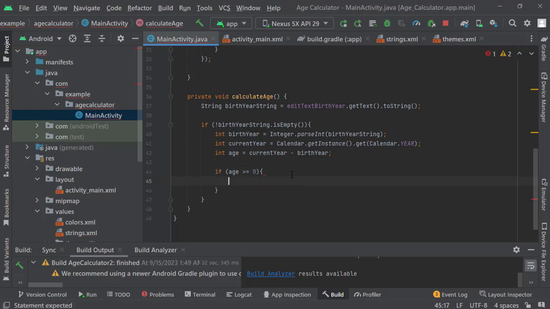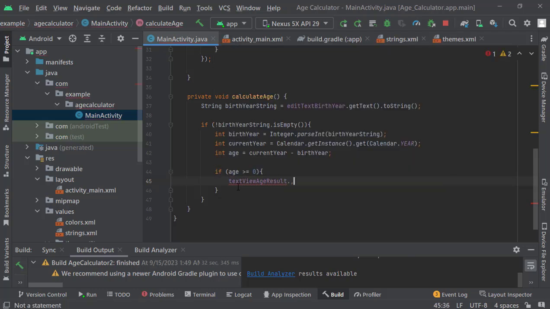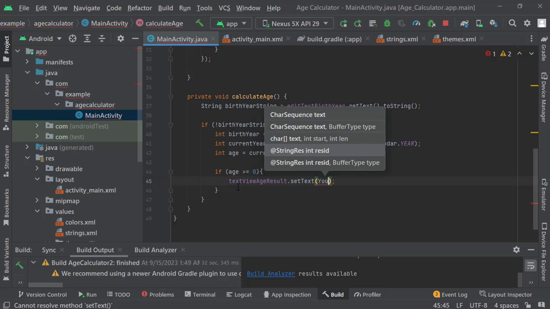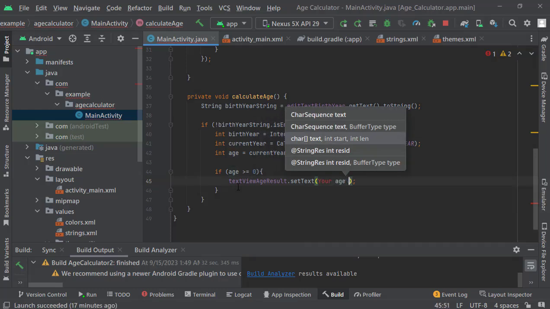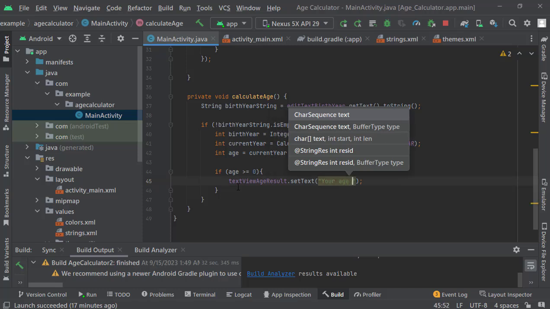Sorry, it needs to be in string. Your age is plus age plus, we'll now put years here. Else,